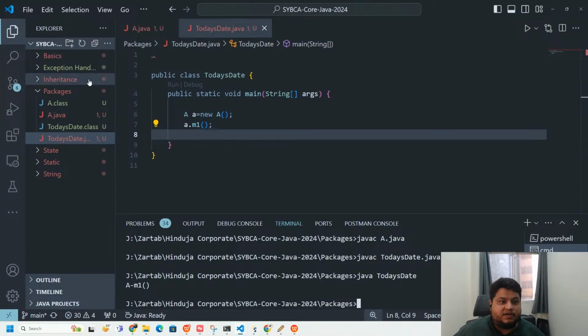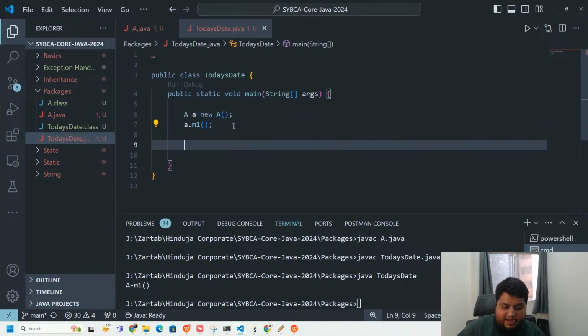a.java and today's date, were they in the same directory? Yes. They belong to the directory by the name of packages. So they were able to connect with each other. Now let's say I want to use